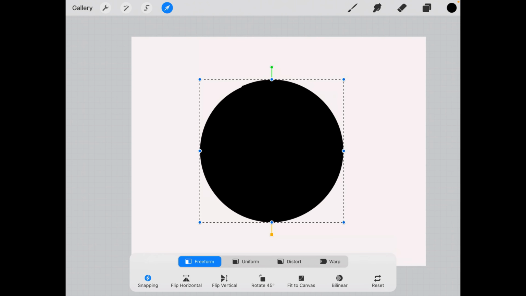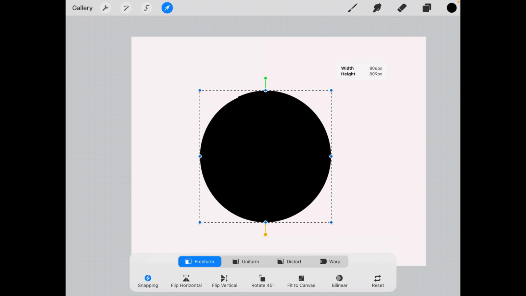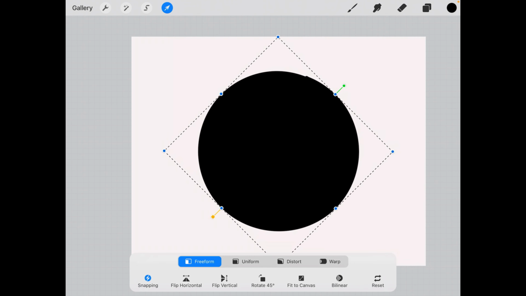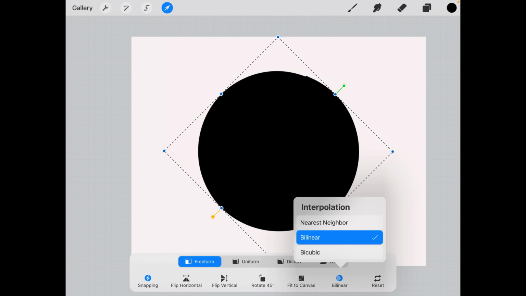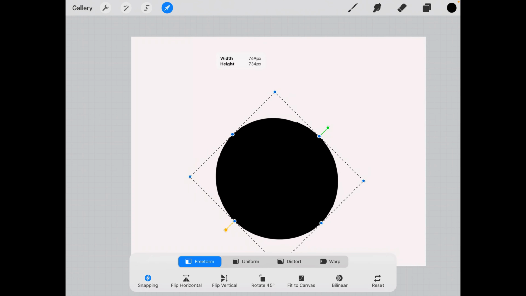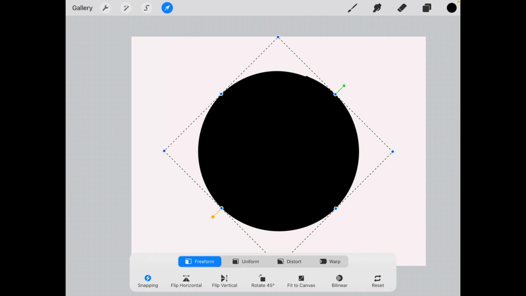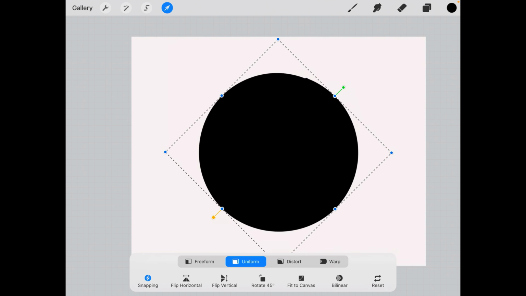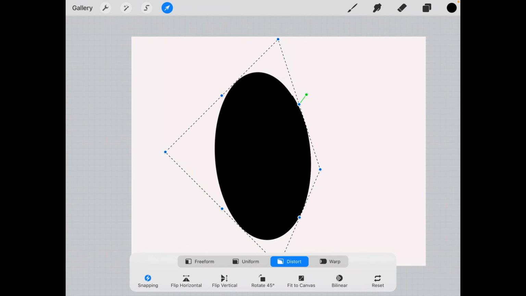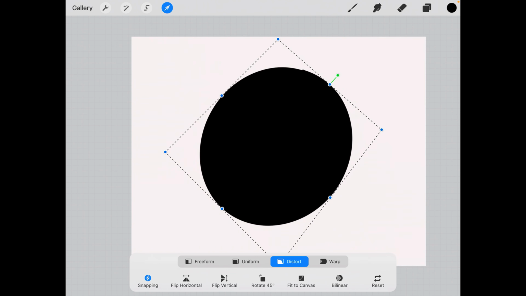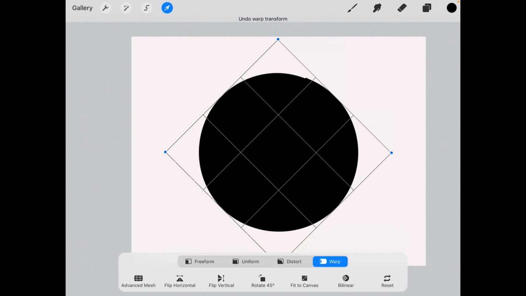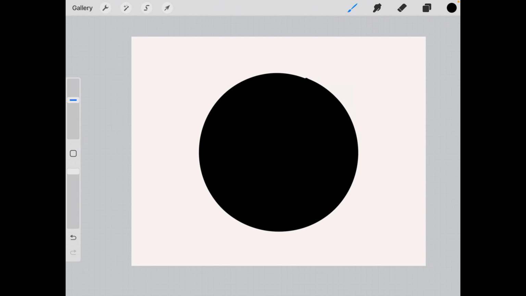Okay, so now let's go to this arrow here. When you click on it, it basically gives you these options to increase or decrease the size. So you can flip and again flip, rotate, then you can fit it to the canvas. There are so many settings here that you can do. Freeform means you can just do all these things. Uniform is only scaling it up or scaling it down. Distort is quite fun, you can just move it around in any way that you like. Same with wrap. Wrap is like you're literally wrapping it around a can. It's quite useful, all of these tools.